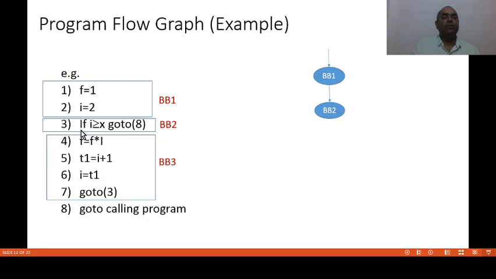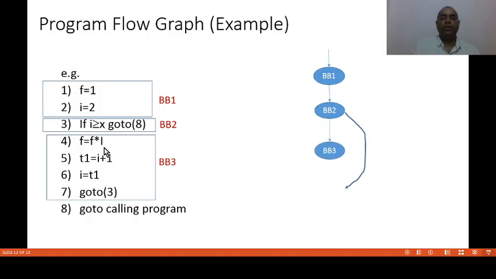And this is the conditional goto. So if it is false, then the control goes to 4. So there will be two edges: one is from BB2 to statement 8 and one is from BB2 to statement 4.